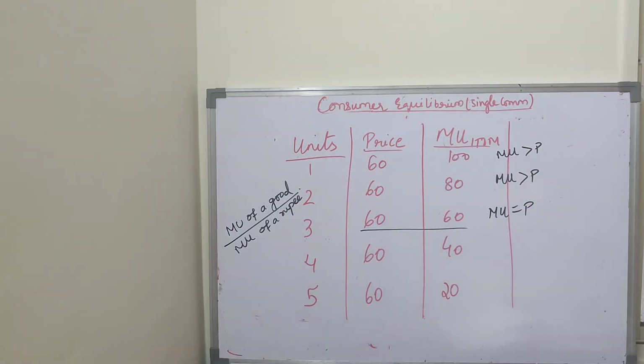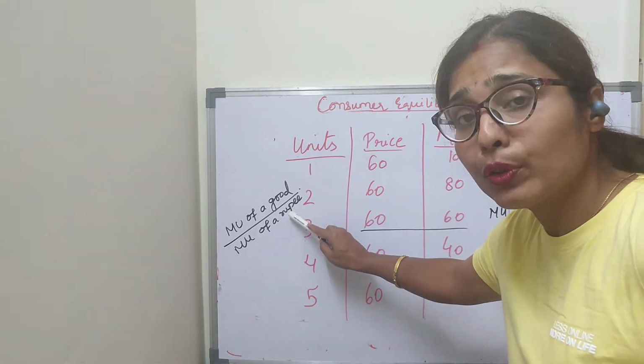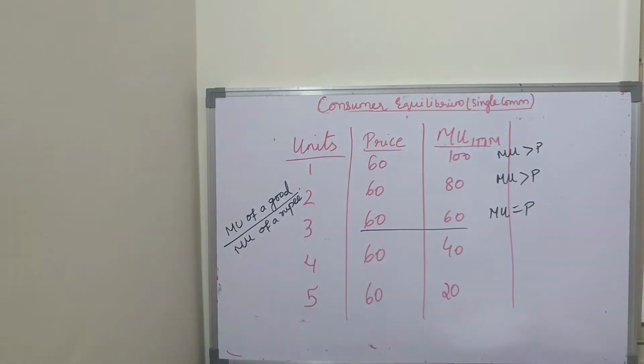So what we can see here is that marginal utility of a good is first converted in terms of money by dividing MU of a good by MU of a rupee. This is the formula. Now, marginal utility of a rupee is what? Marginal utility of a rupee is the extra utility when an extra rupee is spent on the other available goods. Now, we will explain the above condition of the consumer equilibrium with the help of the utility schedule.